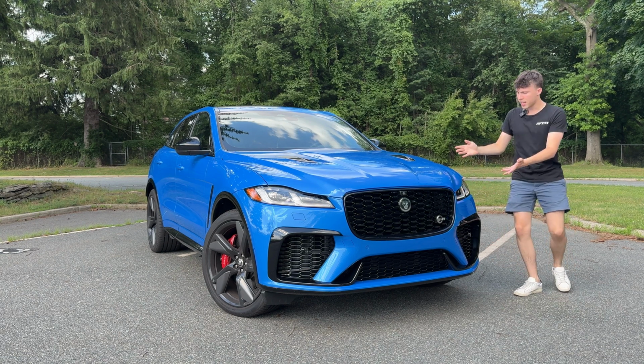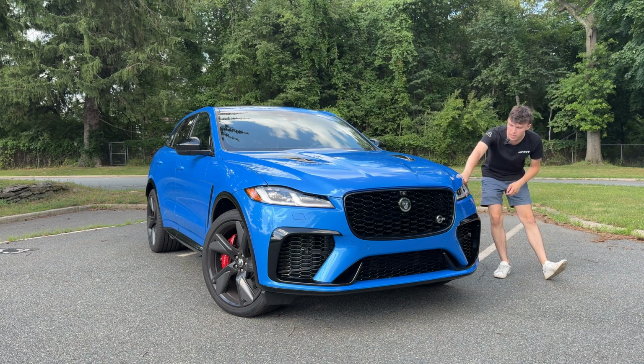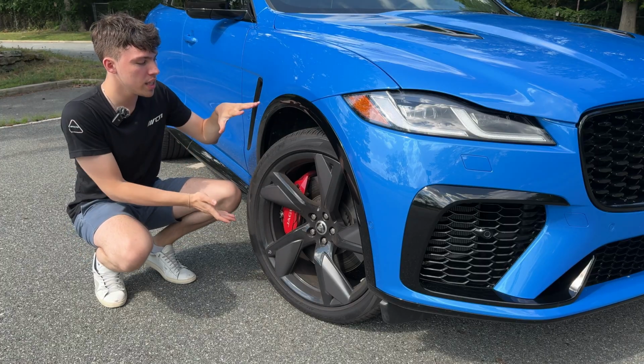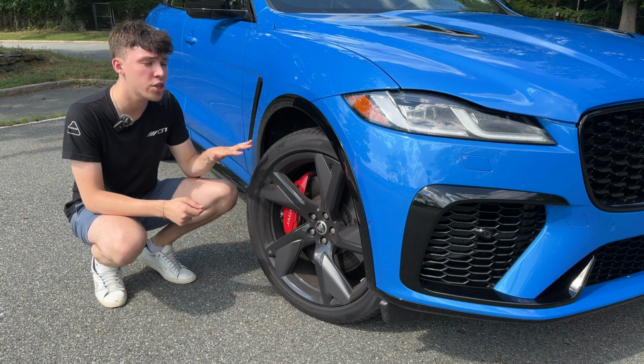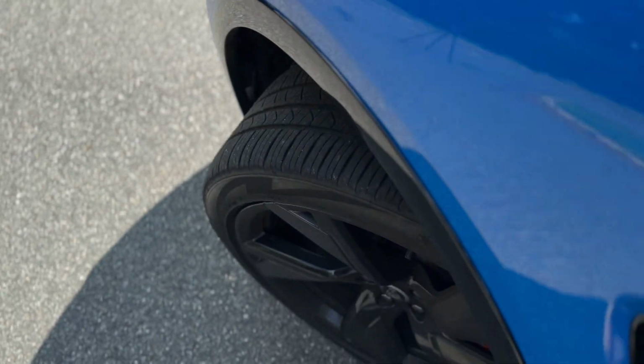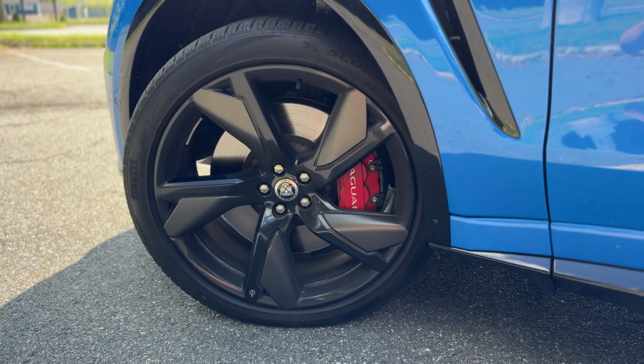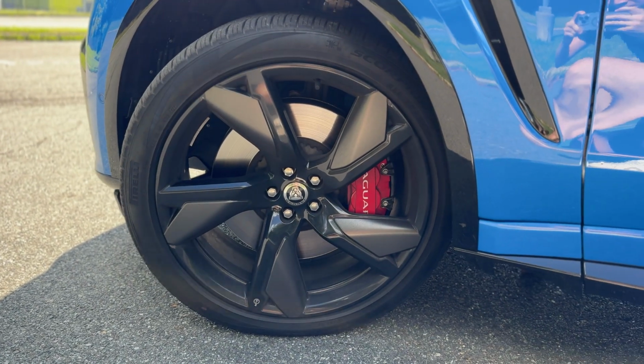So, Jaguar LED headlights. And I love the little Easter egg on the side here of the Jaguar in the side repeater. Coming over to the side of the F-Pace, we have these really nice optional wheels that are 22 inches, and they're the split spoke design. They do get a little bit dirty as it has a sort of matte finish on them, but they are all metal. I think overall they look really good and help to fill out the wheel arches